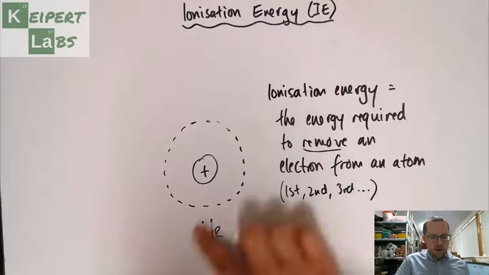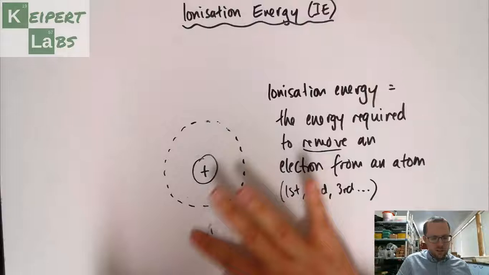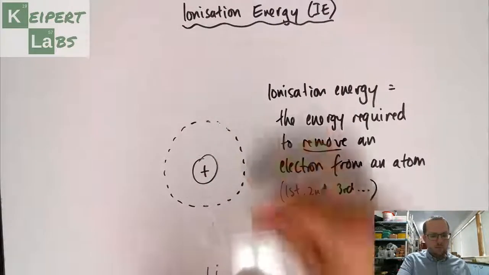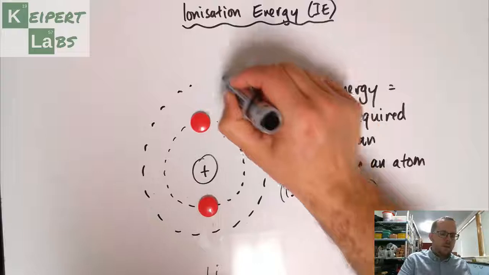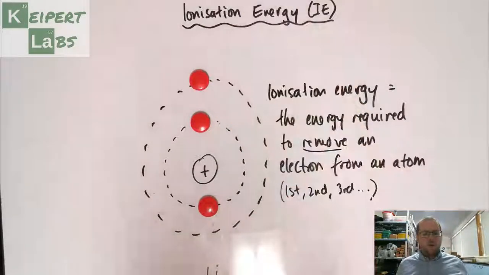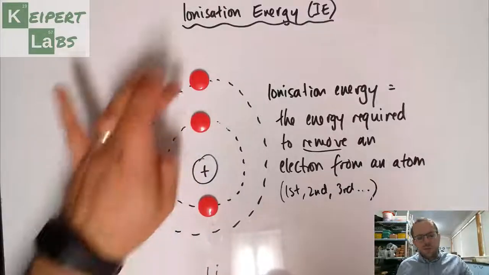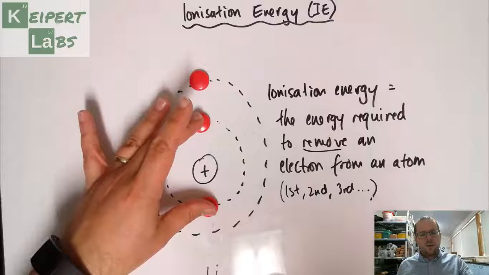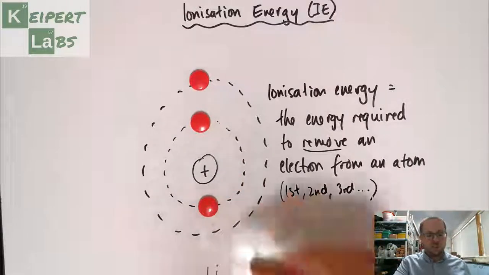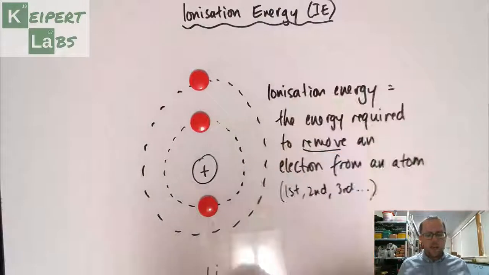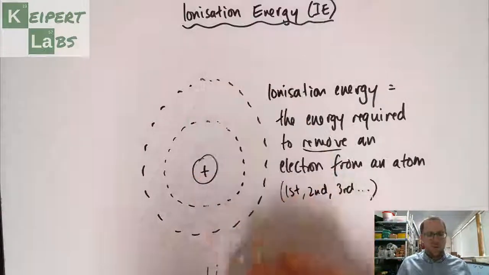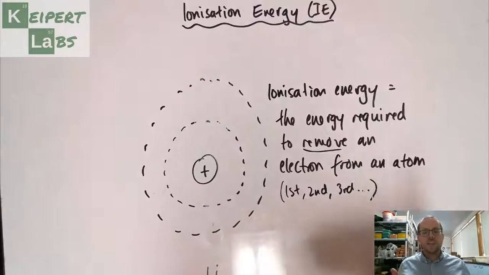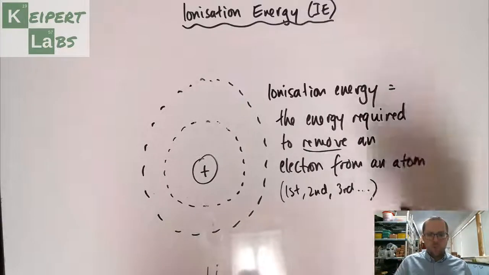Okay, and so then let's say I'm going to go to lithium. I'll write this down a little bit lower, as you'll see in a second, because lithium, as you may well remember from earlier study, has an arrangement of electrons like this, where we consider 2 different shells: there's 2 electrons in the first one and then 1 in the second shell. The third electron is in this second dotted layer. Our first ionisation energy is stripping this one away, and then our second ionisation energy and third ionisation energy. We can measure how much energy is involved at each stage to remove that, and the more energy that is required,